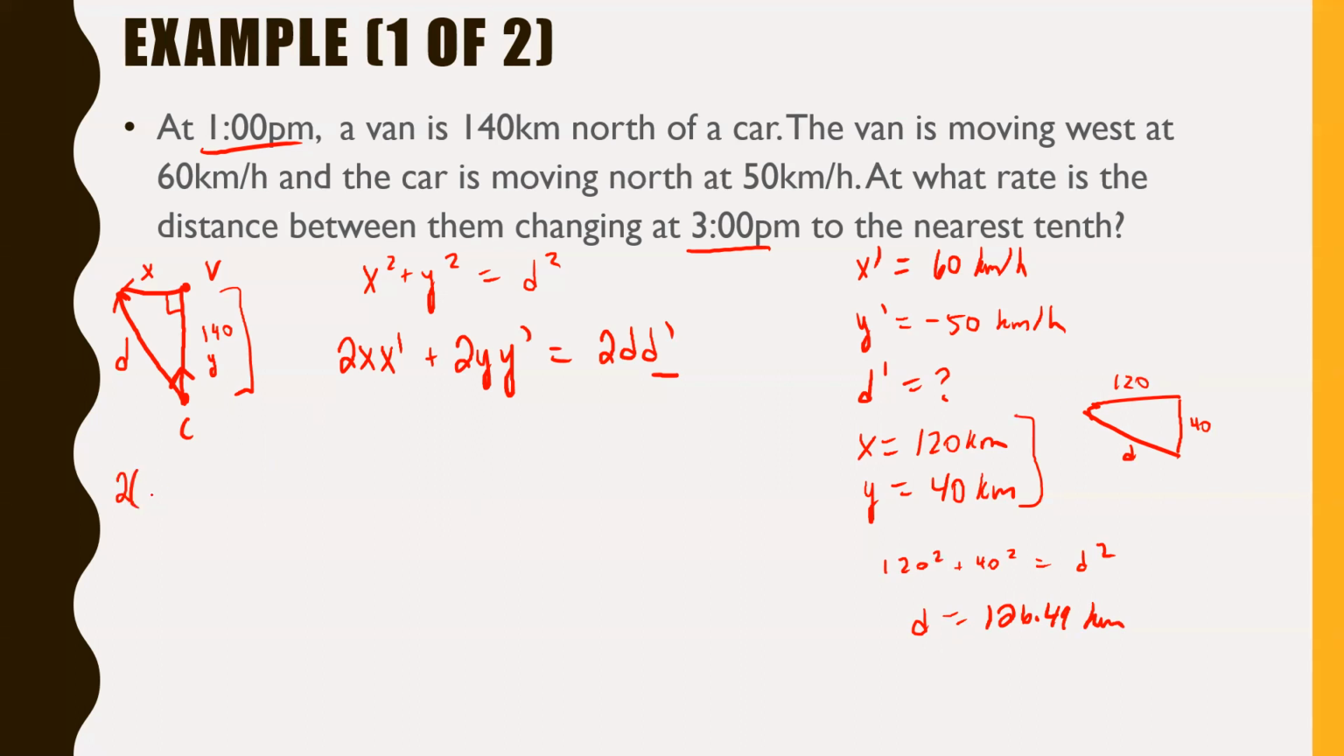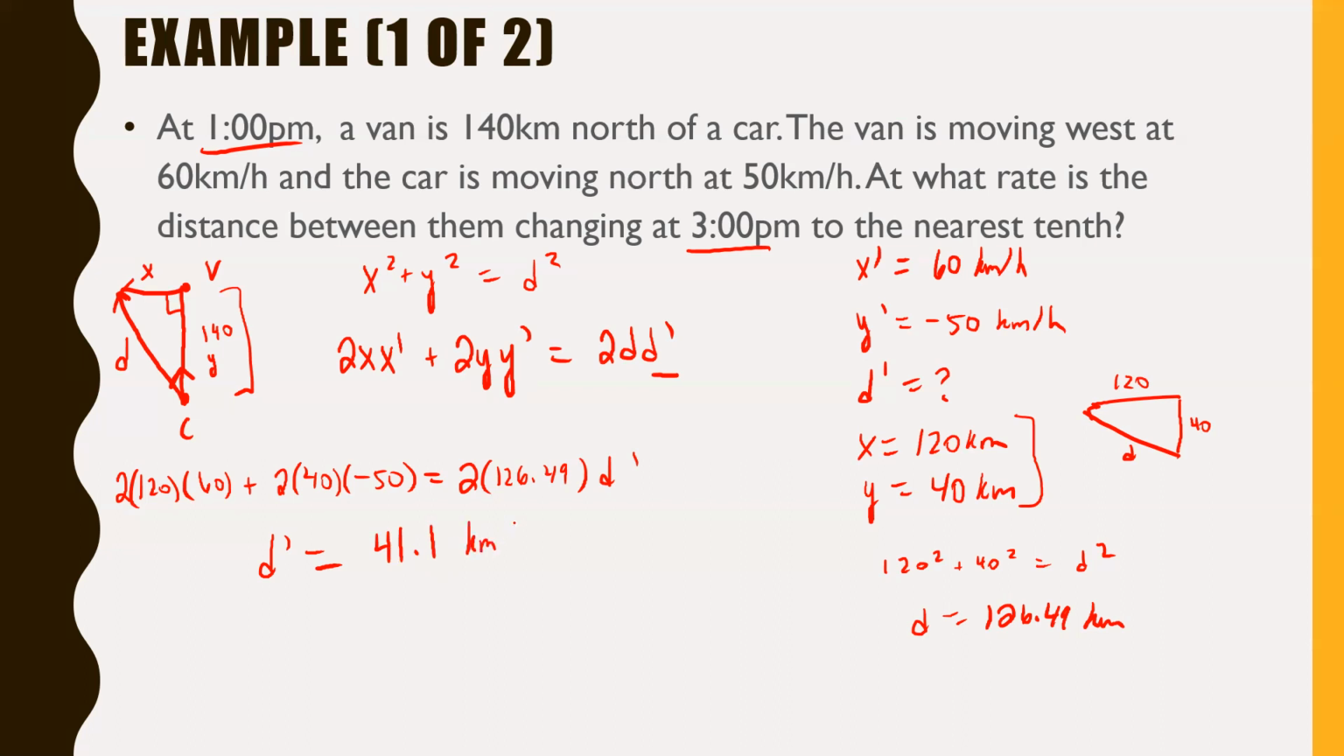2 times x, which was 120, times x prime, which was 60, plus 2 times y, which was 40, times y prime, which was negative 50, equals 2 times d, which is 126.49, times d prime, which is what we're looking for. Clearly, you can just add together that whole left side and then divide by 2 and then divide by 126.49. Long story short, d prime to the nearest tenth is